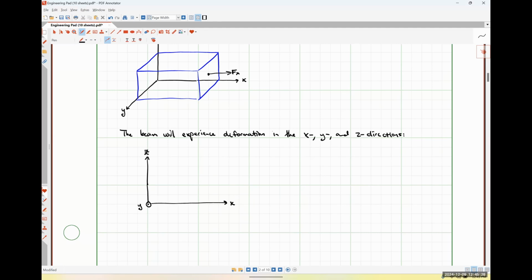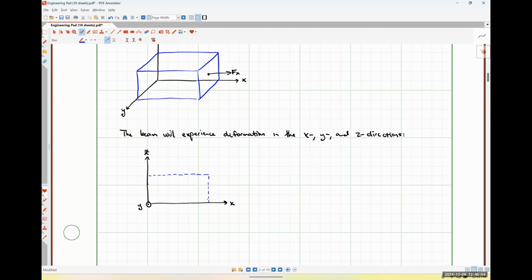Here is our X direction. So if our original outline of our beam, let me just write 3, looks like it's 6 units in total,